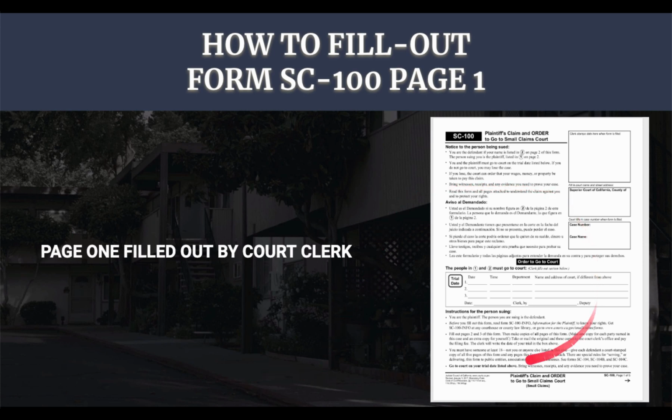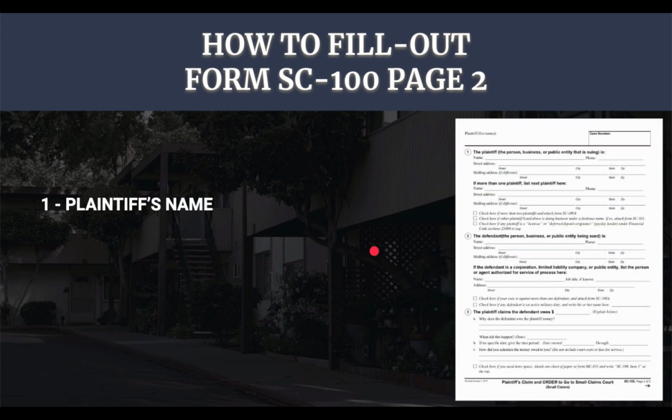generally fill out the first page for you. Most, if not all of it. On page 2, you're going to print your first and last name where it says plaintiff at the top. Next, also print your name in line 1 where it says the plaintiff, parentheses, the person, business, or public entity